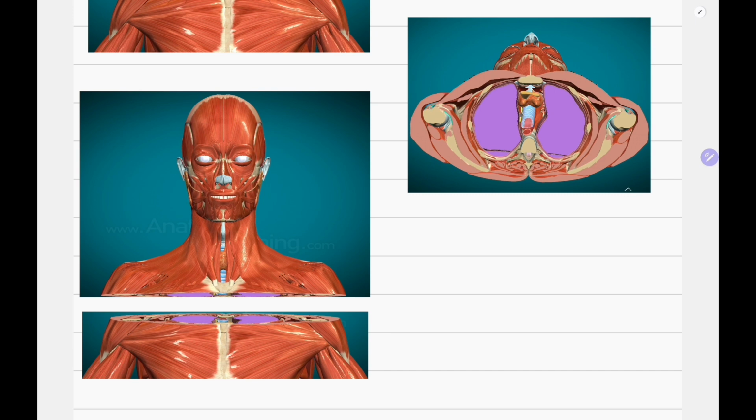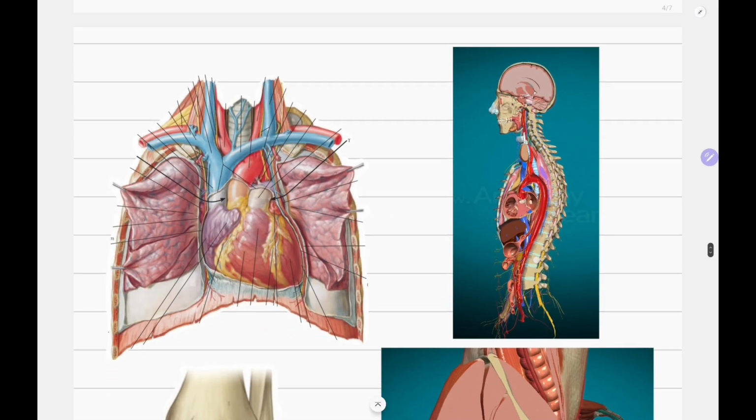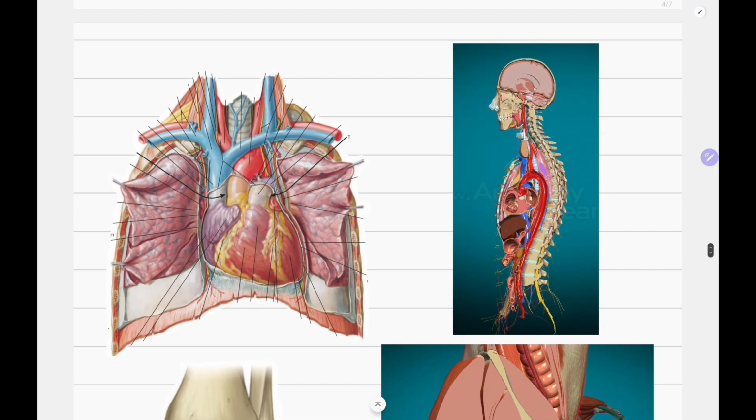So up till now it was all about the three types of planes and sections into which the body is sliced. Now I have a short exercise for you, and these are the diagrams which I have used in my videos on anatomy. We'll perform this exercise and try to find out from which plane or type of section each depicted diagram is from. So starting with our first type of